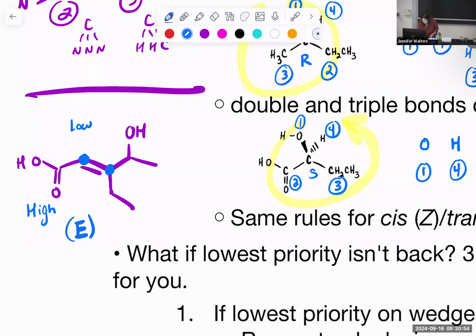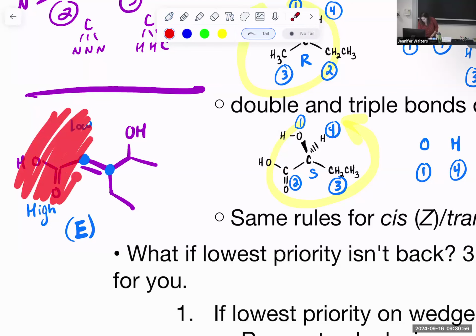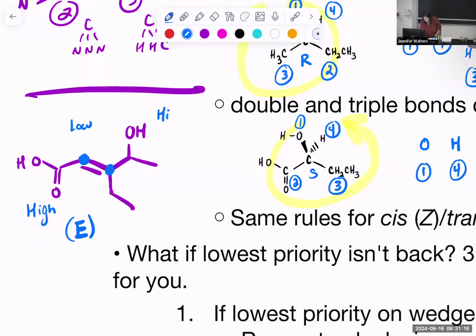Then I look at the right-hand side. Now I'm disregarding the whole left-hand side. Now I'm just comparing the right-hand side. I have carbon versus carbon. Those are the same, so I keep walking out atom by atom until I find a higher atomic number. Off the carbon on the top, I get oxygen, hydrogen, carbon. Carbon on the bottom is hydrogen, hydrogen, carbon. So getting to that oxygen makes that the high priority